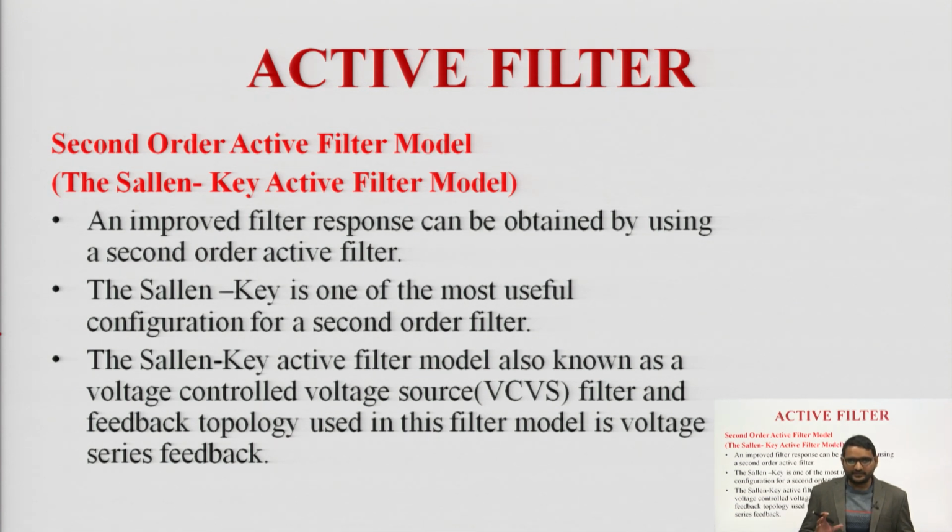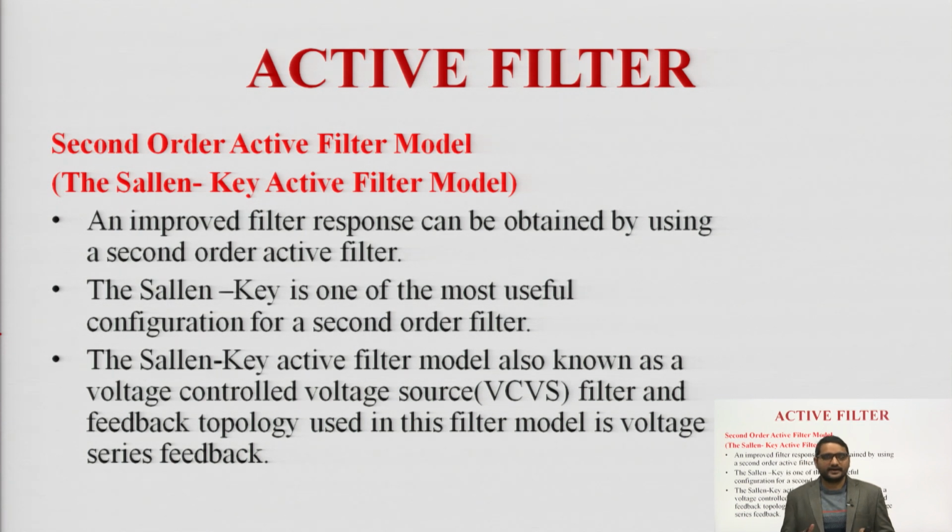The importance of this filter model or topology is that it gives the Q, which is defined as the figure of merit for a filter circuit. Q is generally greater than 0.5, which cannot easily be achieved by a passive second order filter, that is the combination of two RC networks. So, it can be modified with a connection of output to input, that is the positive feedback inserted in a normal op amp circuit, which we see in a first order filter.